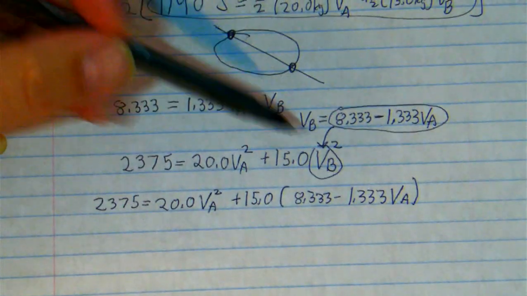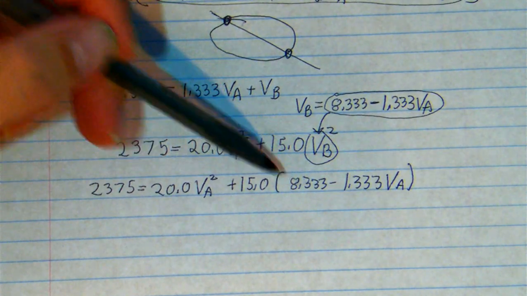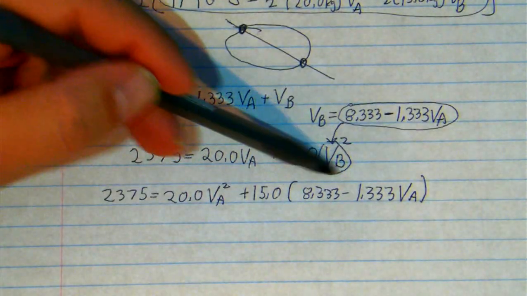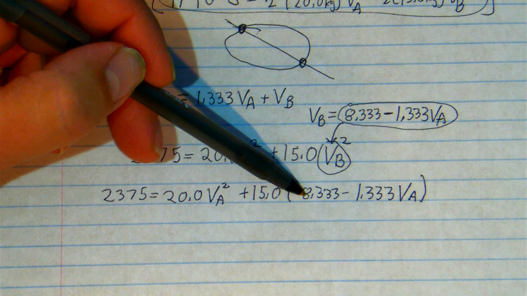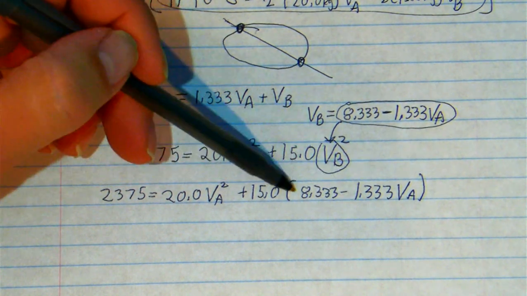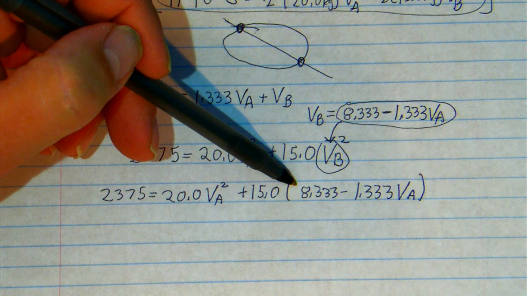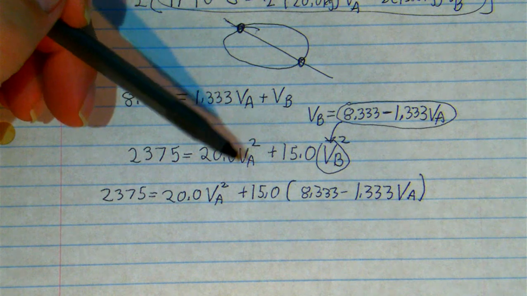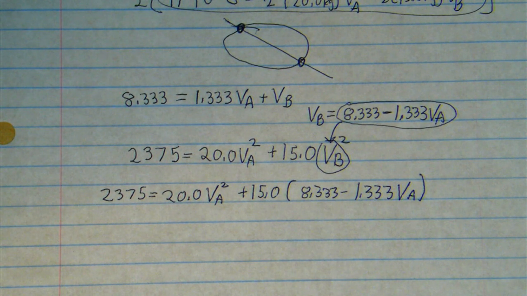I suppose I could have left this as a fraction, and that would make this thing 125 over 15. This thing would be 20 over 15 or 4 over 3. I probably could have simplified this thing down, but I didn't. I'm doing it in decimal form because I know I'm going to use my graphing calculator